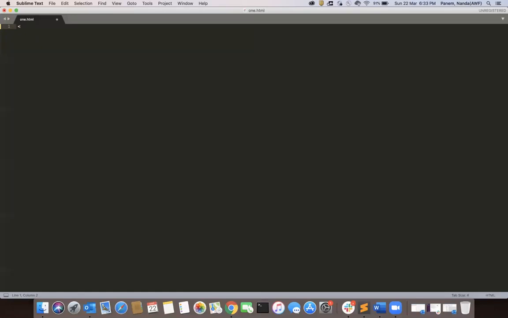So what is this document? We are going to call it a document type. So what is this document type? Document type is nothing but we are going to tell the browser what type of HTML page we are going to execute. So the syntax is doctype